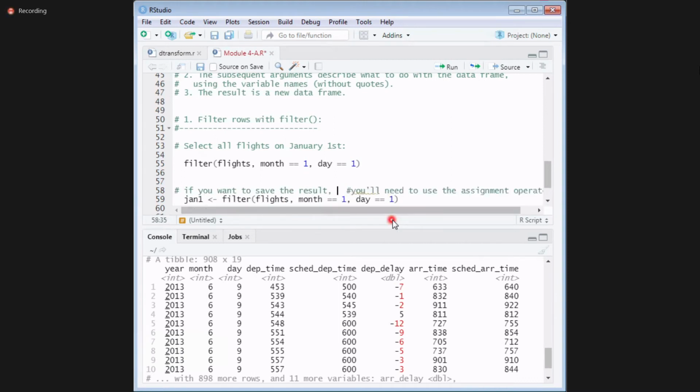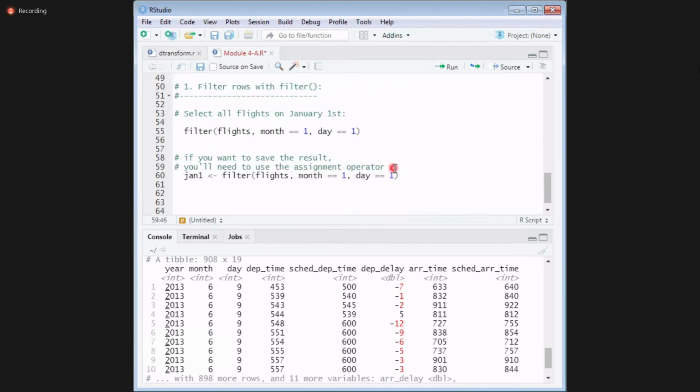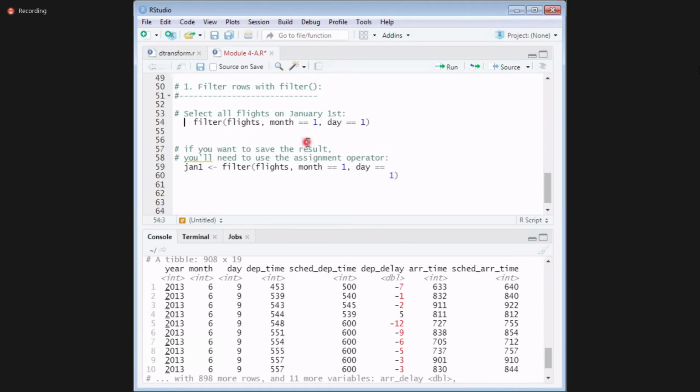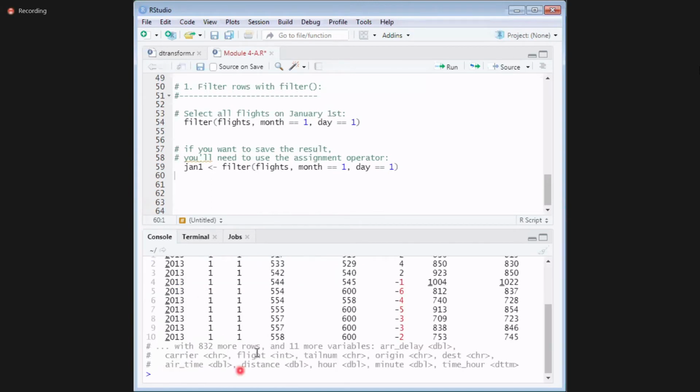Assignment operator. So understood? Now same thing I'm using on Jan 1. Now I'm clearing my console. When I run, now I'll print Jan 1. See, I got the same result. Yes or no?